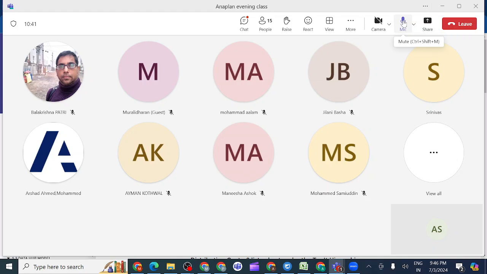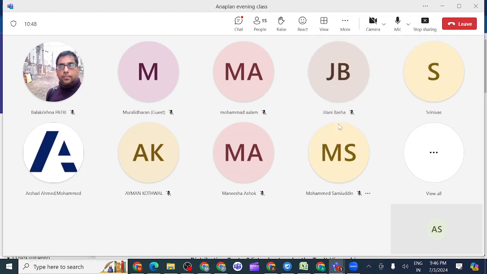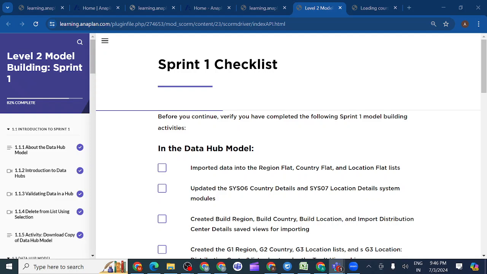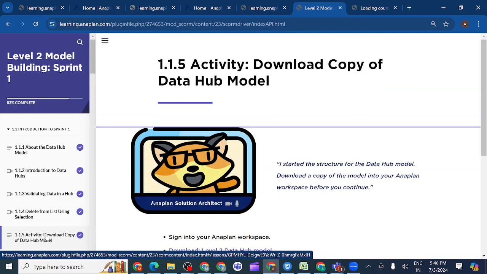And we need to start our sprint one. In sprint one we have the data hub model. So we need to start the sprint one activities. Here in sprint one, we have the introduction to the data hub model. What does data hub model mean? Generally, in the data hub model we store the data. From this data hub model,